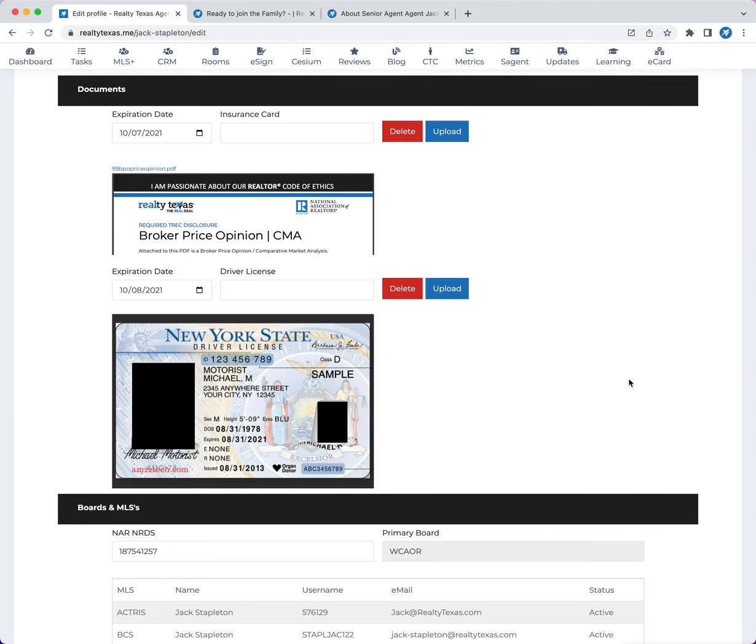Documents that we require from you, 2 of them. One is your insurance card and the other is your driver's license. You just simply click upload and your insurance policy will be here, and upload and your driver's license will be here. TREC requires, and so does the Texas Department of Insurance requires, that we have on file your insurance, and